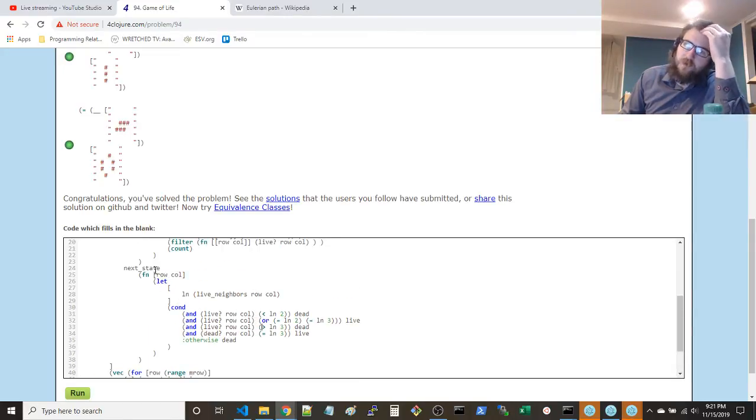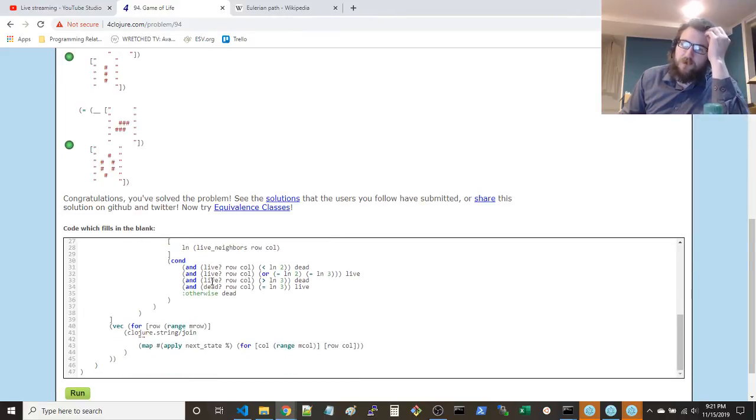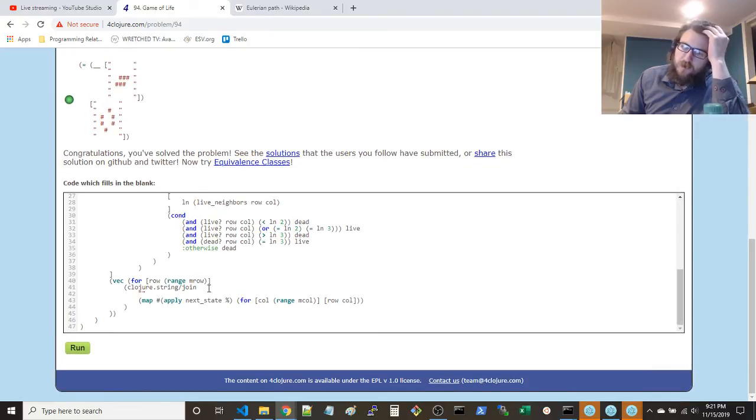Yeah, so you can get the next state by first running the routine to get the number of live neighbors, and then all you've got to do is use another list comprehension and say, okay, for all of the rows, we're going to perform this operation, which has at its core another list comprehension over all the columns to get you a sequence over a row. It's not even the characters over a row, just the indices representing that row and column.